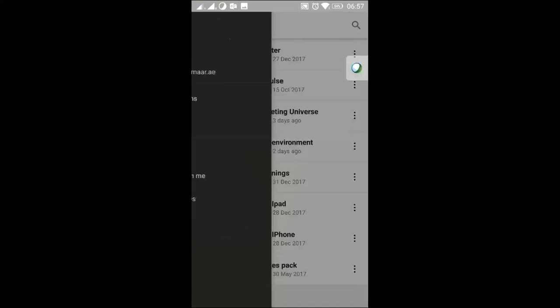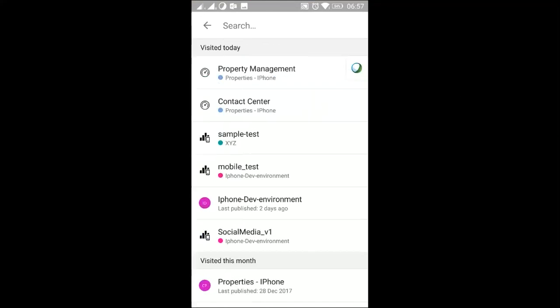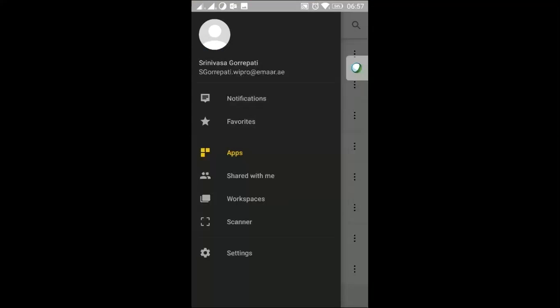So these are the apps that I published and loaded in my account as part of my testing purposes. So all these apps are getting displayed, and you know what an app is. I already told you, for one workspace, you can create only one app. If you want to search for something, you can search from here, from the number of apps that you have. And then after the app, on an app level,